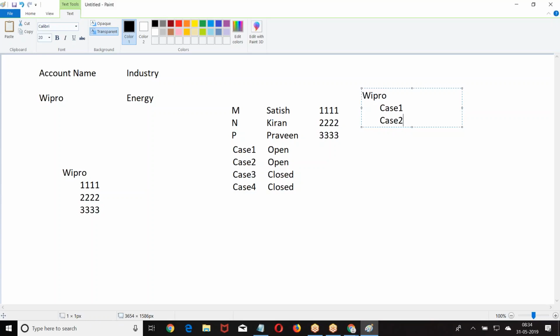Boss, if I take the entire data, the cache will be more and performance will go down. When you don't want entire information, why are you getting all the information? I don't want to display all the information. I want to display only the name of the account and the case names. When you need only small data, why are you giving all the information? We have to reduce the unwanted data to improve the performance of a page. Now, I need only the name of the account with a list of cases, with a list of case names. You want to organize the data in the way you want.